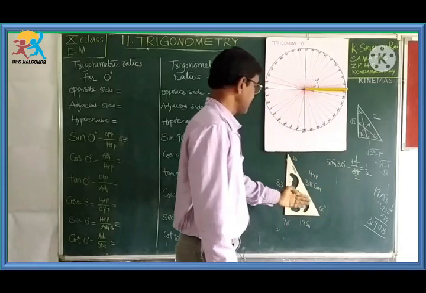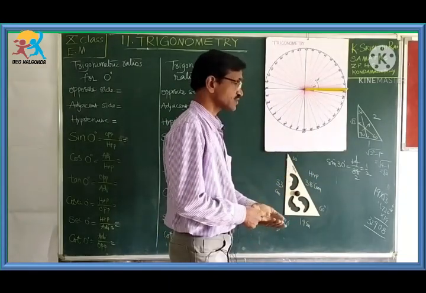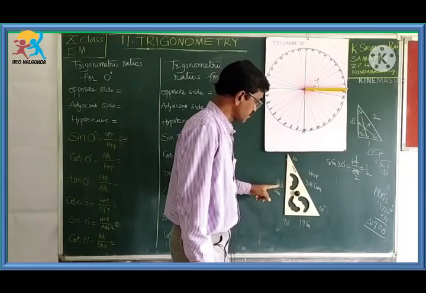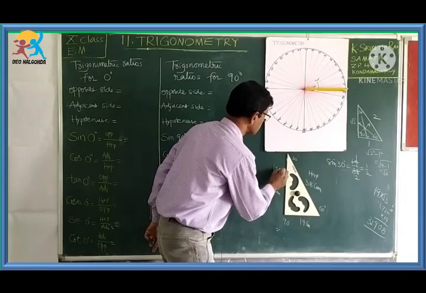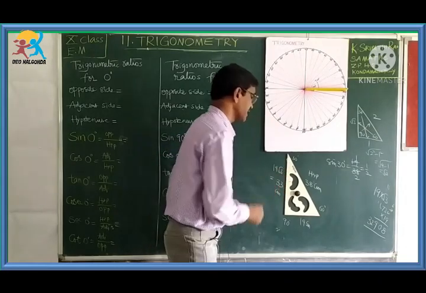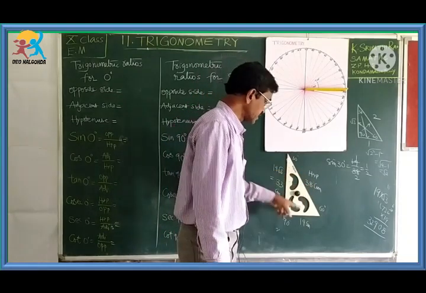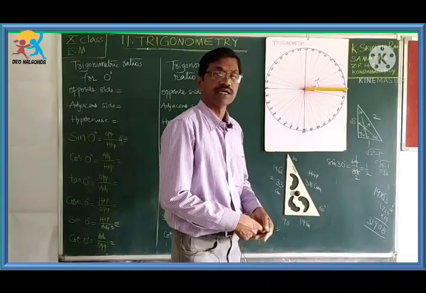So in this way we can understand the relationship between the angles and sides. So sin 30 is equal to 1 by 2, cos 30 is equal to adjacent side by hypotenuse, here 19 root 3 by 38, and tan 30 is equal to opposite side by adjacent side. In this way we take the ratios.